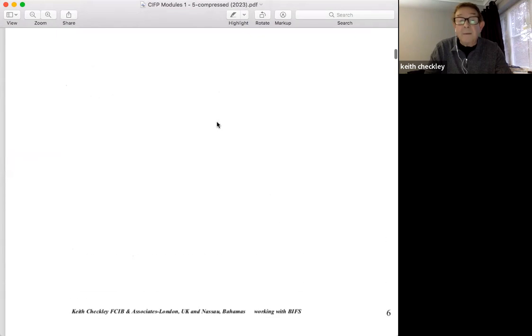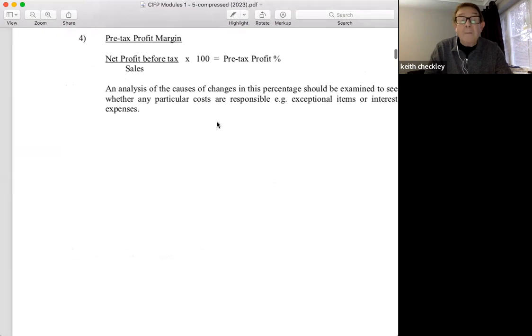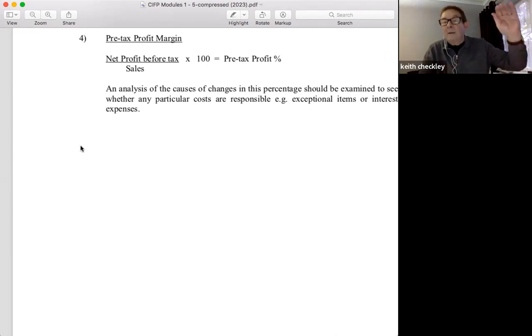And then the ratio that's missing off this sheet, so you're going to need to write this out yourselves. The next ratio is the bottom line position. So we've got pre-tax profit, but what we're also, of course, very interested in is the net profit position. So we need to come down to the net profit, that's the bottom line position in the income statement, and divide that by sales. So you'll see all these early calculations were all reflecting back in the income statement to the sales position. So we're really doing a deep analysis of the income statement.